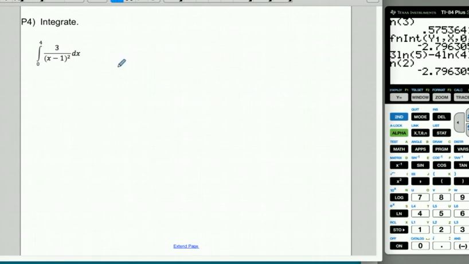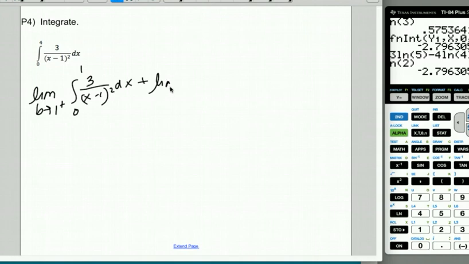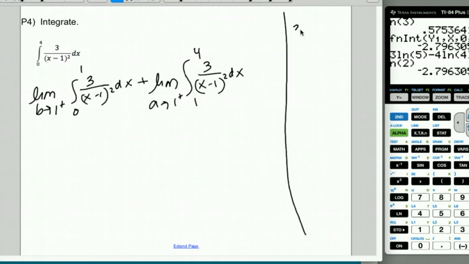Okay, so same concept, and here we're going to see the vertical asymptote at 1. So what's going to happen is we're going to have to do the limit as b approaches 1 from the left. We're going to integrate from 0 to b of this thing, plus the limit as a approaches 1 from the right, and we're going to integrate from a to 4 of this thing. Again, if you want to do the actual integration somewhere off to the side because it's easier, you could recognize that this is a 3 over u squared du,